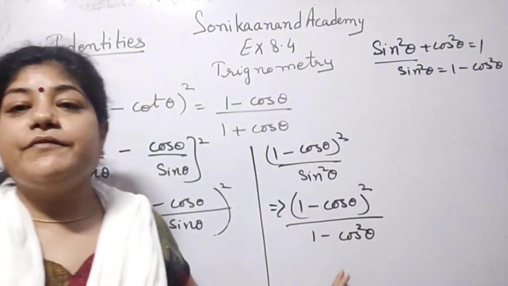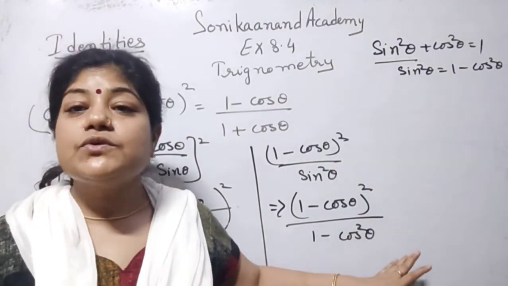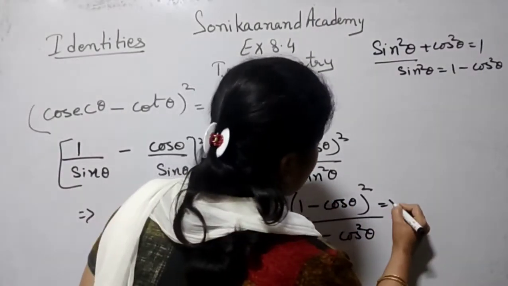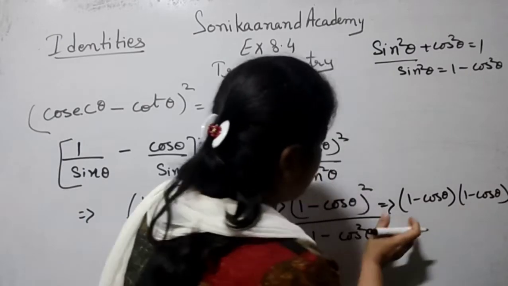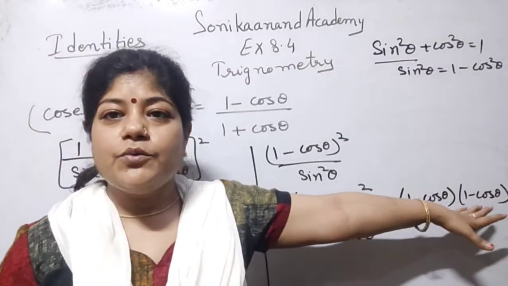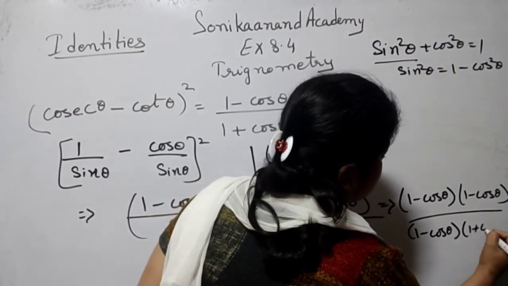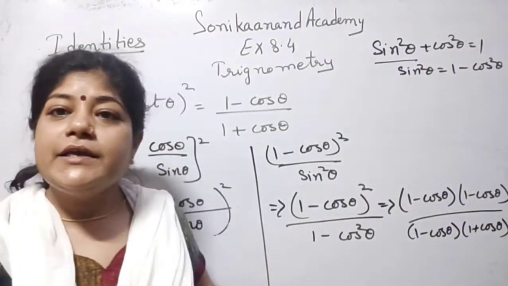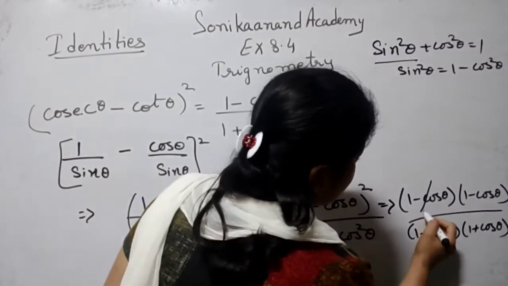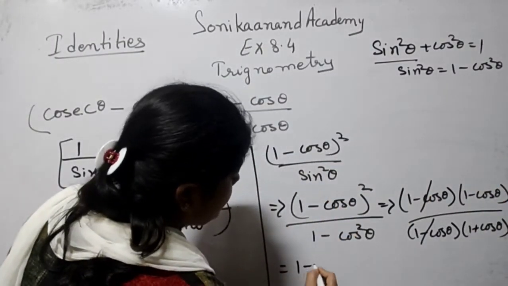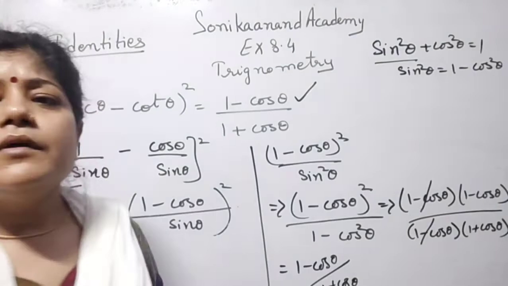So there is a little bit of difference. And if you know the difference between this whole square and this square, you are able to solve them. Because in the whole square, this format becomes 1 minus cos theta into 1 minus cos theta, the whole bracket repeated 2 times. And here we have 1 minus cos theta and 1 plus cos theta, with the help of the formula a square minus b square, which is equal to a minus b times a plus b. Now both of them cancel and we are left with 1 minus cos theta over 1 plus cos theta, which is our right hand side.